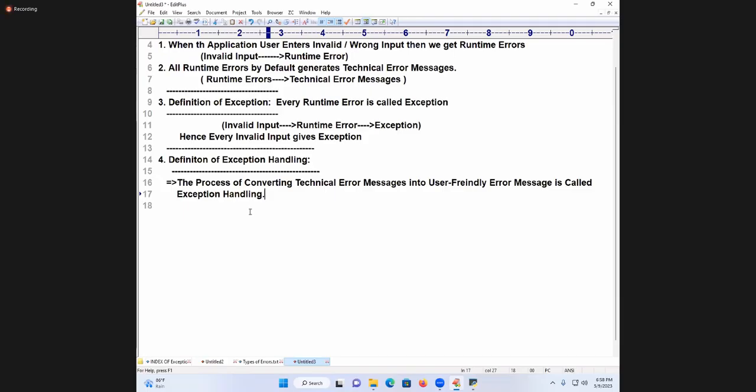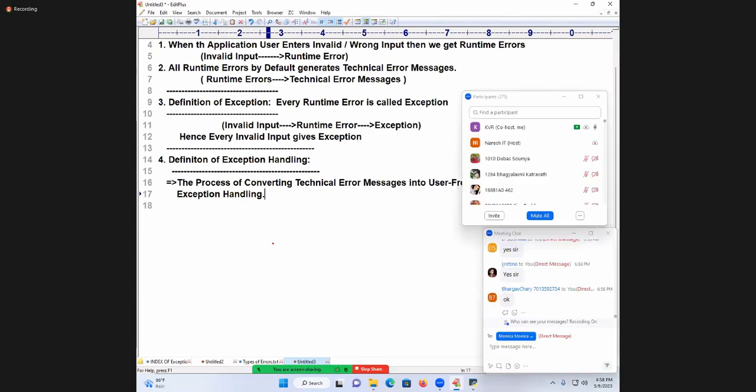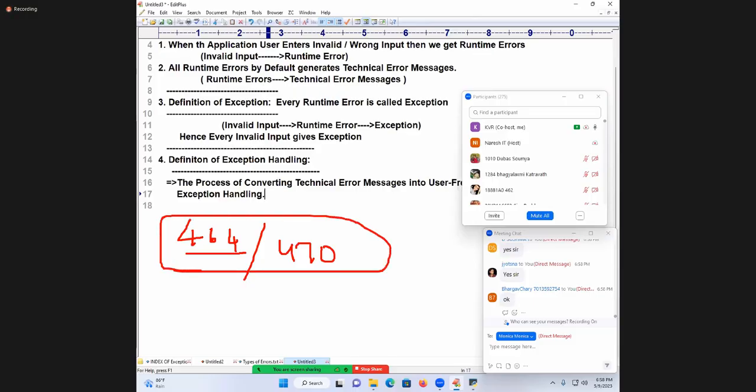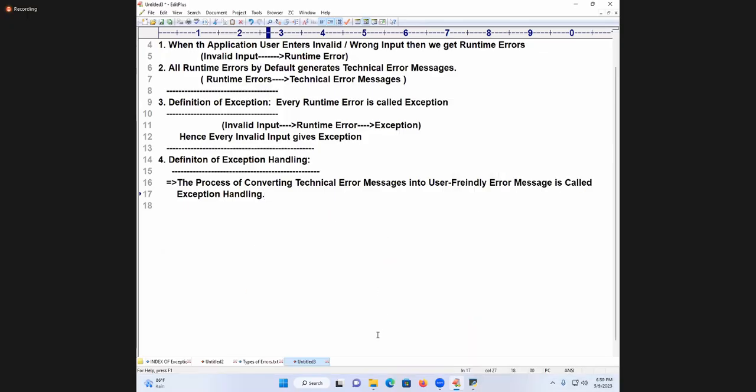Today my daughter got her inter first year results. So shall I say the marks? Don't feel that sir is boosting. You are expecting out of 470, the first year, right? How many are you expecting? 464. She got it. So this is what she got. I'll open it for a small moment.